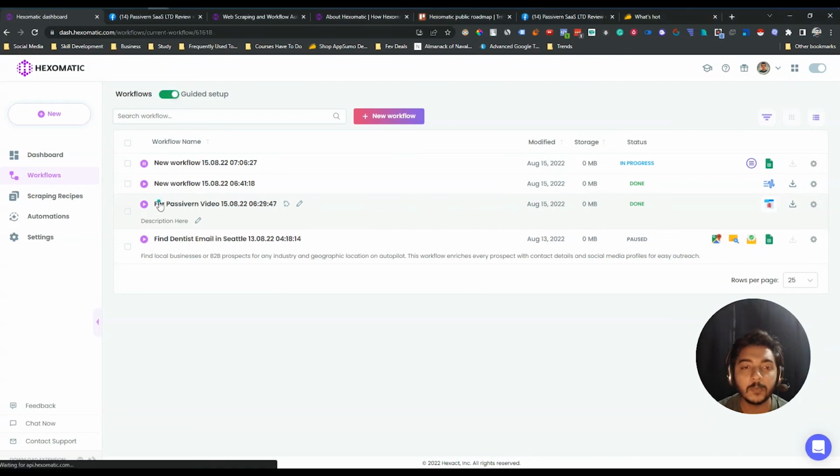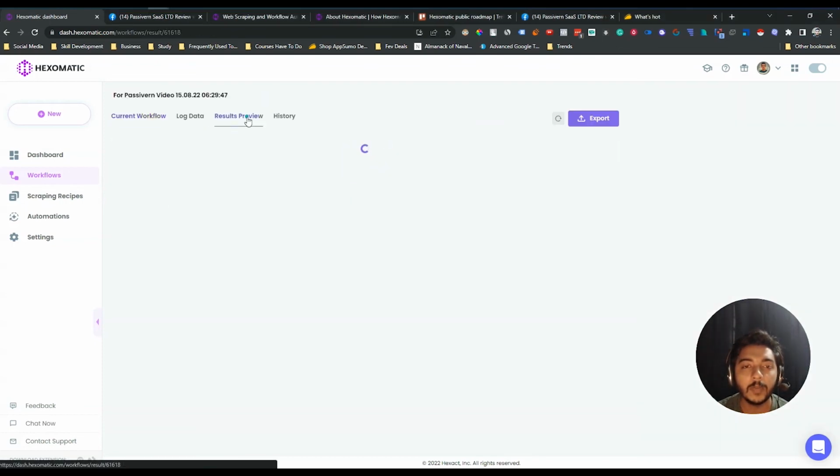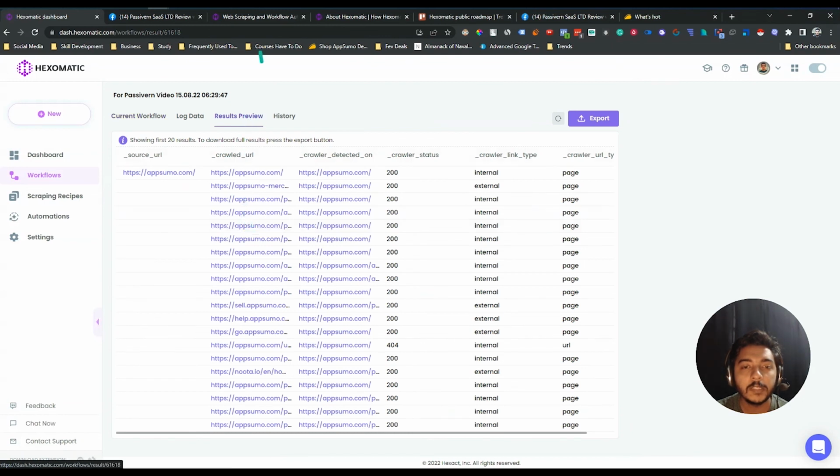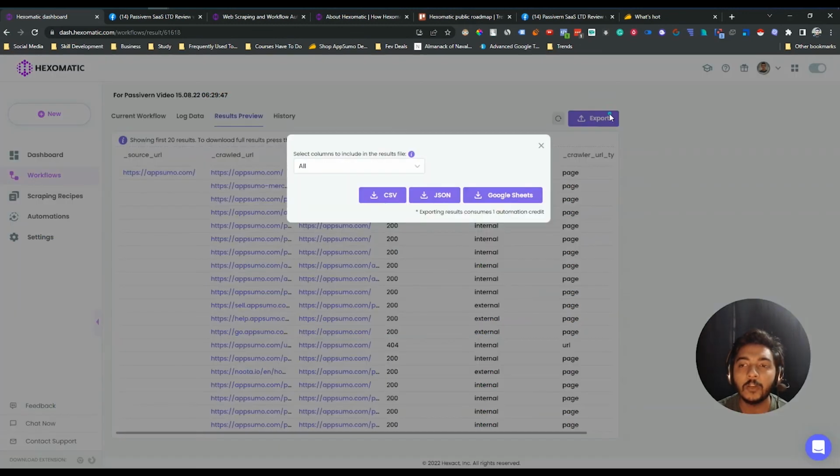So let me expand this one right now, and from here let me see the preview. See, this is the preview, and this is the crawled status. You can see all the data from here. So these are the things, guys. I hope you get an idea about these things, and you can export. Let's say I'll export it as a Google Sheet. Let me export it as a Google Sheet,